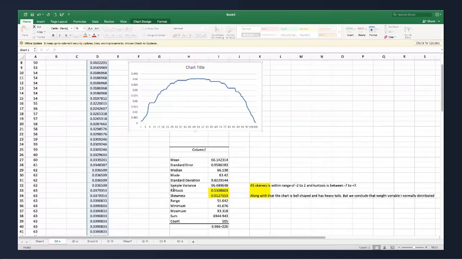Listen to me, everyone. If you don't have calculations in Excel or you don't have calculations in Word, you will not be marked. You should have the calculations in the Excel sheet, saved and submitted, and the same calculations should be copied in the Word document. Only then will you be marked. Otherwise, you won't be marked.